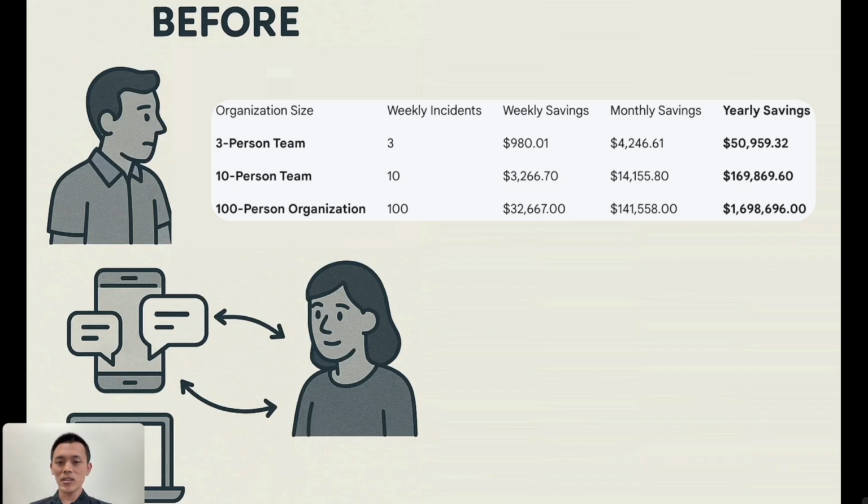I purposely don't go into details in this video because I plan to go over this calculation in much more detail in a different series that focuses on collaboration impact and metrics, to walk through how I got these numbers, which account for both the time that is spent for the specific activity and also the opportunity cost from the context switching we have to do every time we have to reply to these instant messages.